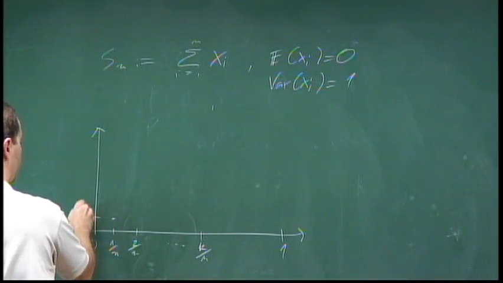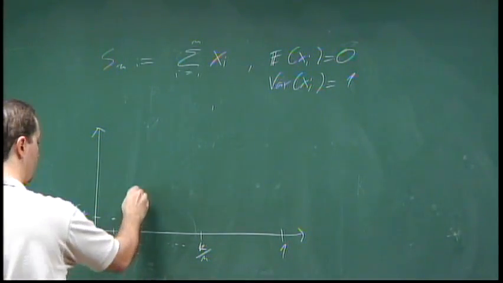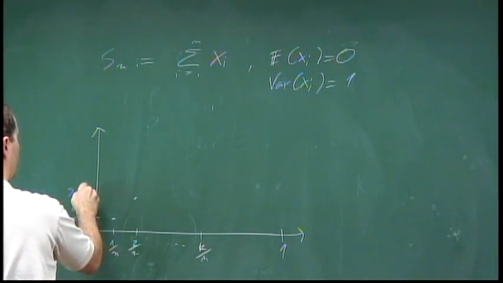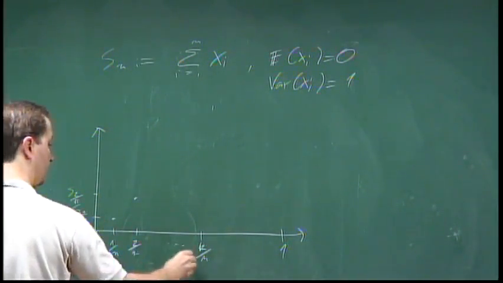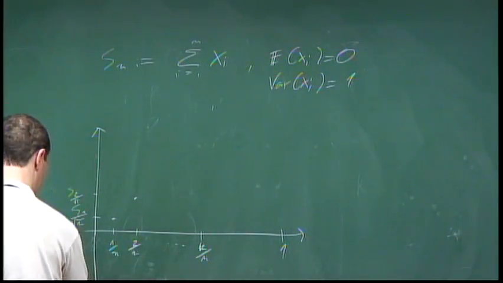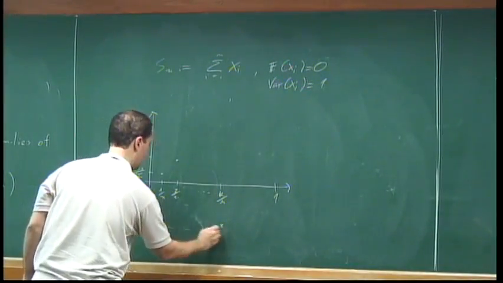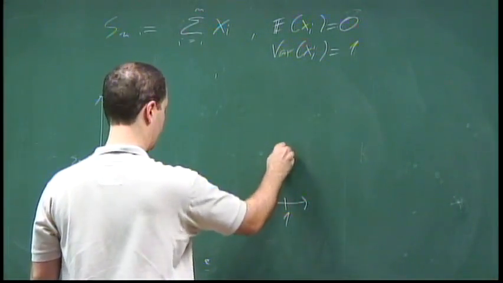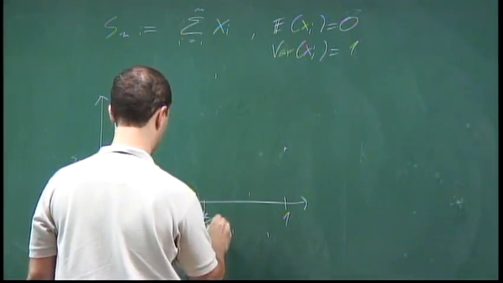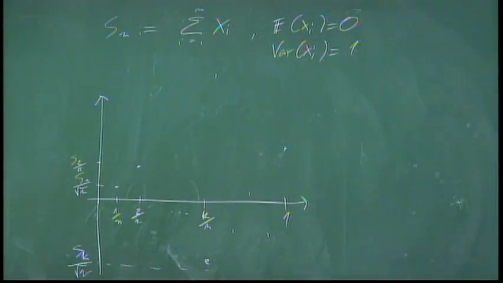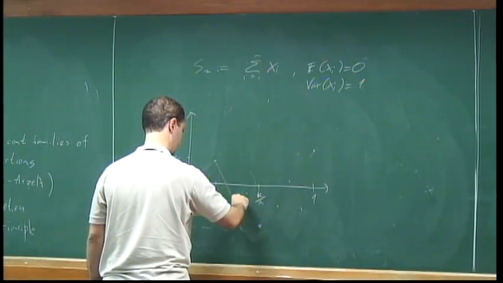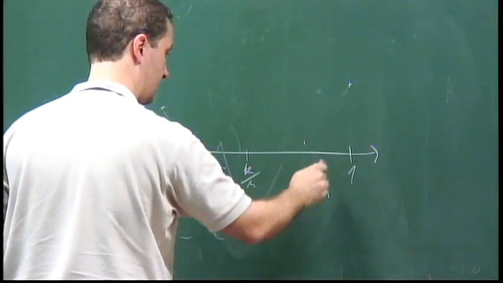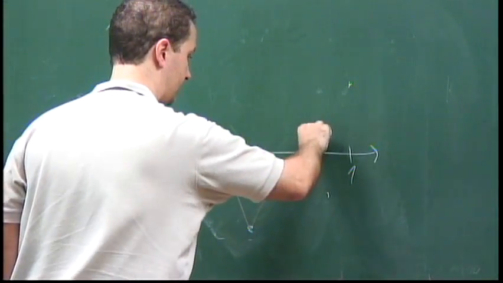So here you have S_1 divided by square root of n. Here you have S_2 divided by square root of n. Of course, there are negative numbers out there, so you get this value here, S_k divided by square root of n. And up to this point, you get a bunch of points that are scattered around here. And we want to talk about continuous functions, right? So we're going to interpolate this. It's actually a lot less regular than this, but let me try to do my best here.